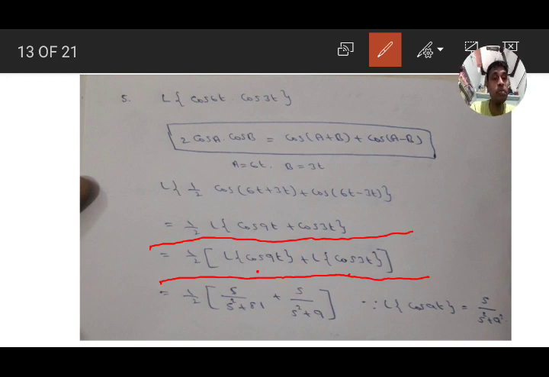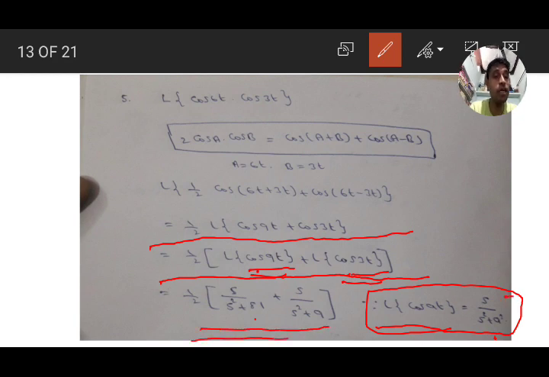Here also no coefficient. So next apply the basic formula L of cos at. For the first one, a equal to 9. So s by s square plus 9 square. So s by s square plus 9 square means 81. Next, the second one, a equal to 3. So s by s square plus 3 square means s by s square plus 9. We get the final answer 1 by 2 into s by s square plus 81 plus s by s square